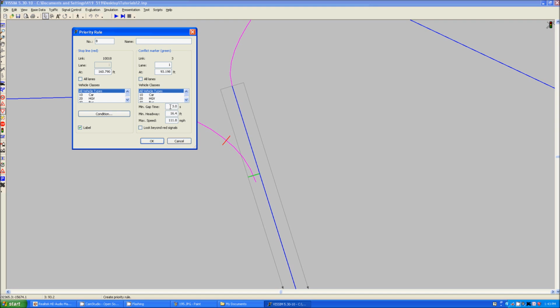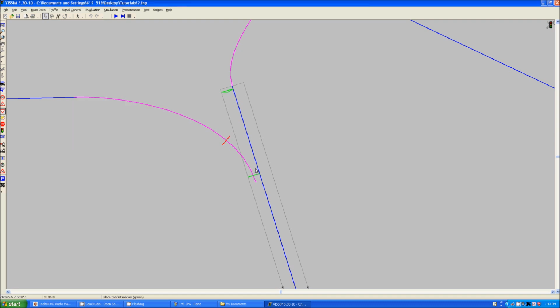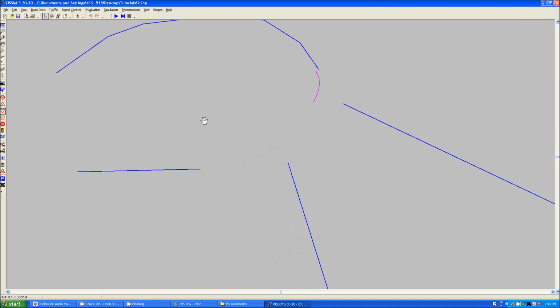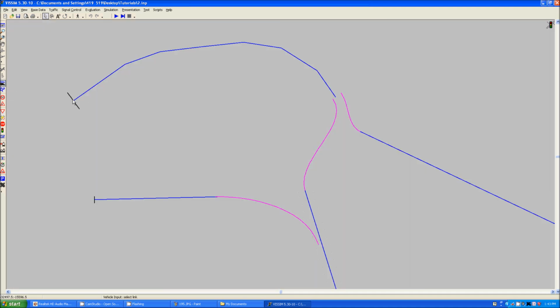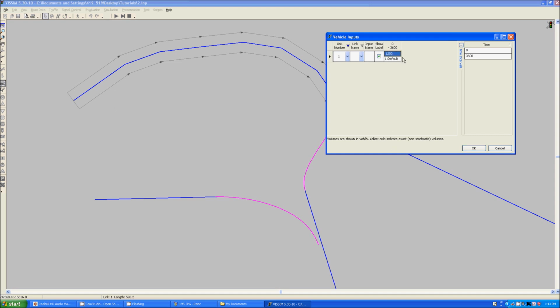And other things you can do is set a minimum gap time in between cars, and I'm going to say 5 seconds. And I would also like to extend this minimum headway to, let's say, 90 feet. So now, any vehicles in between here, these guys are going to be looking out for, so it is easier and quicker to see. I'm going to up the amount of vehicles coming through here, make it